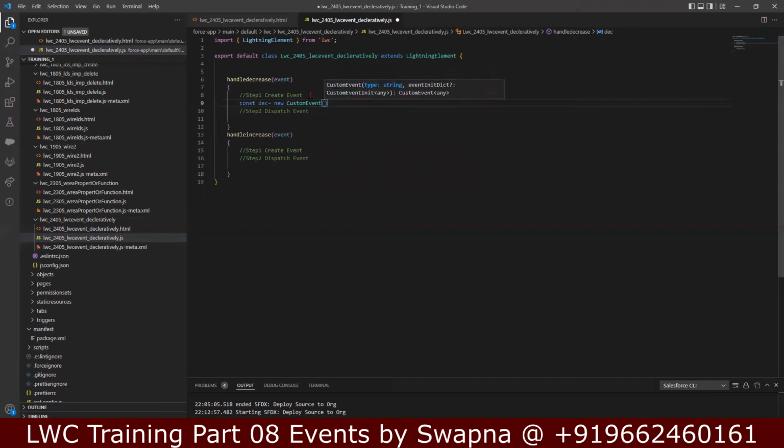And inside this, I have to pass a text. Here it is, custom event type equal to string. So I have to pass a string. And if you hover over this custom event,